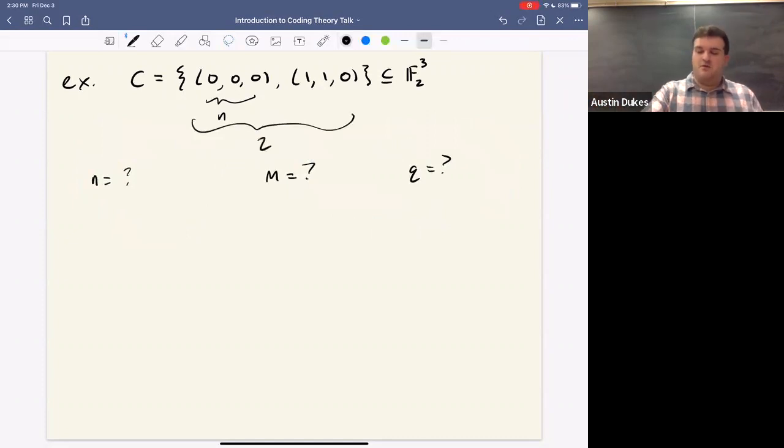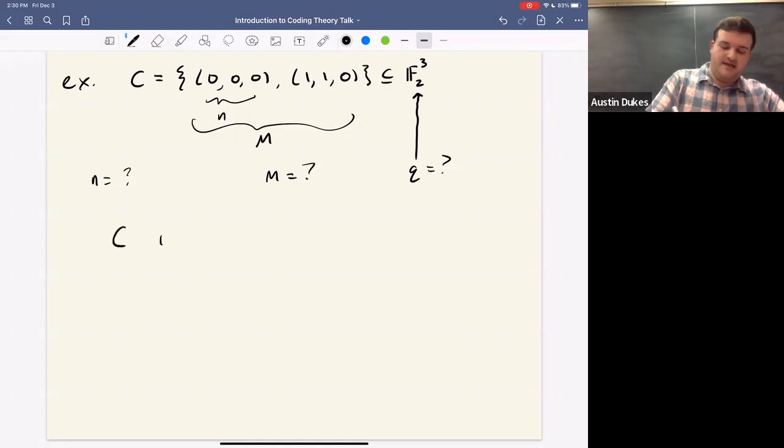2. Let's put M. And then Q is the underlying prime. So it's possible that Q could have been 3 just from looking at C, because I could have just not had any elements that use 2. But I specified that it's viewed as a subset of F2 to 3. All right. So that means that C is a NMQ